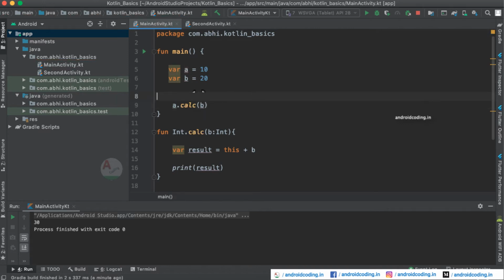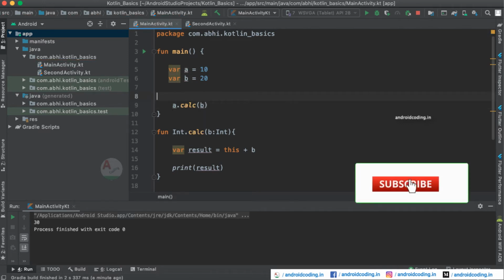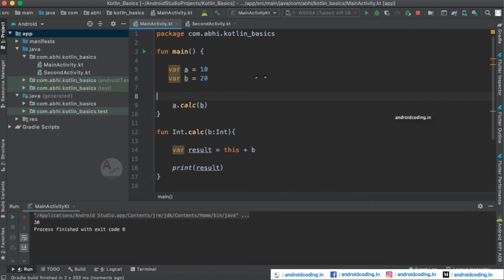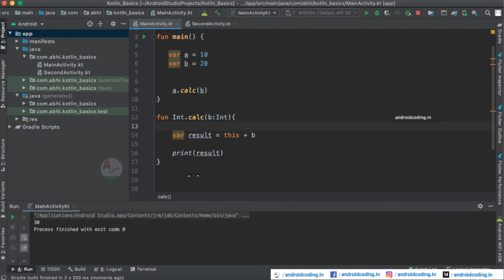So now let us try to run this code. 10 plus 20 is 30. You will be getting the same output again. So you may have a doubt, what is the exact usage? And it is comparatively similar to our previous one, right? We are passing two parameters and we are passing one parameter, but we are passing a also here. Okay, so I will clarify your doubt now.